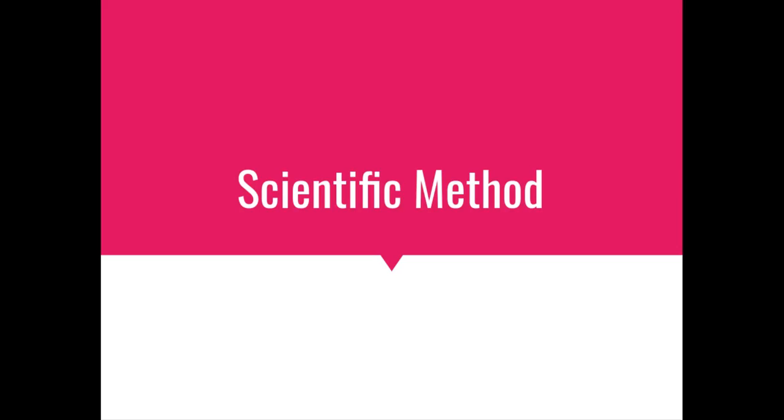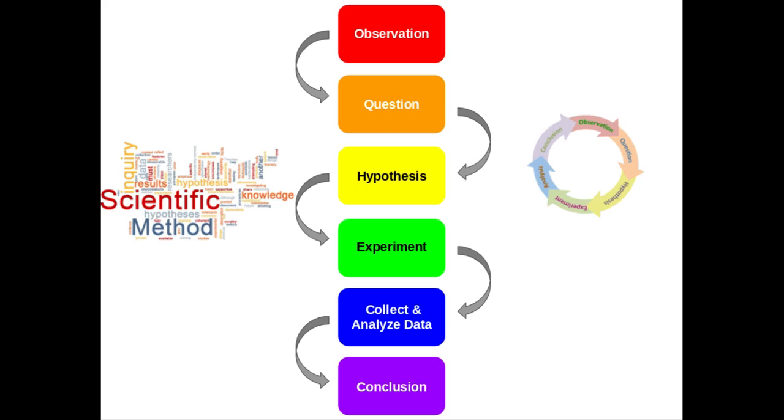In this video, we're going to discuss the scientific method. Now, the scientific method is just a way for you to go from something that is a problem or a question, from something that you observed, to coming up with some sort of solution and a conclusion about that answer. So there are 6 basic steps: